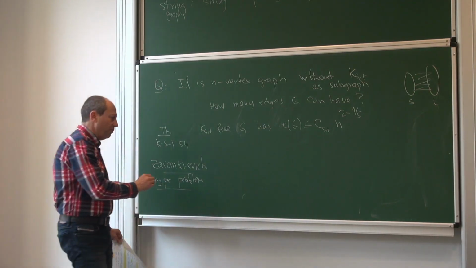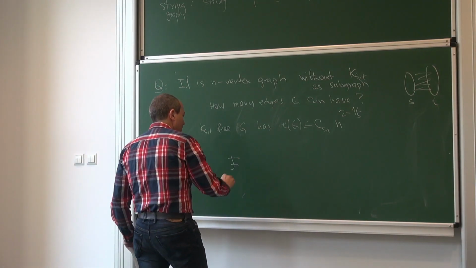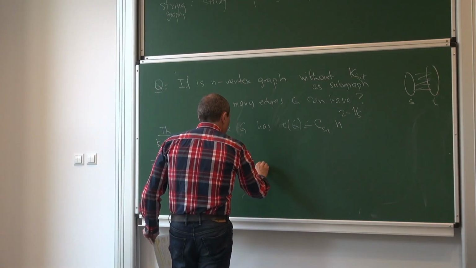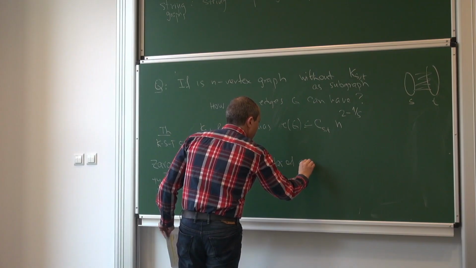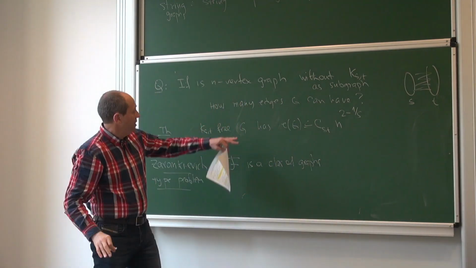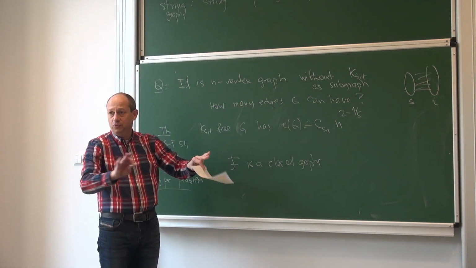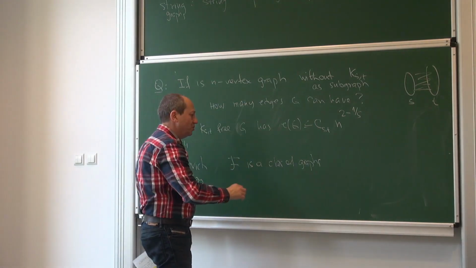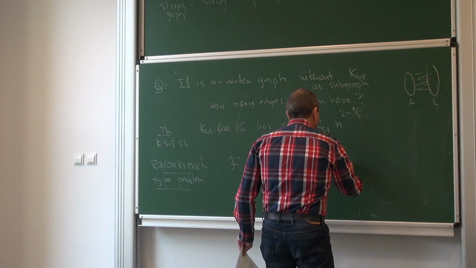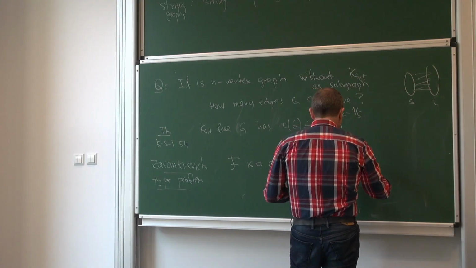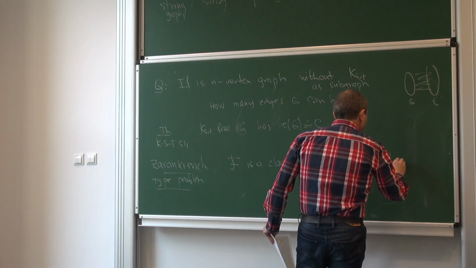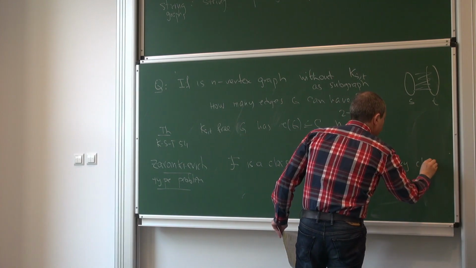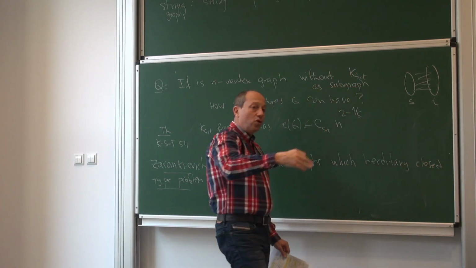So in this type of problem, you have F, which is a class of graphs. You don't look at all graphs. So here we look at all graphs G, right? We put no restriction. But now you have some class of graphs which is hereditary closed, which means it's closed under taking